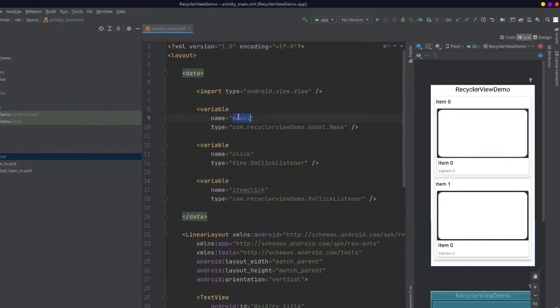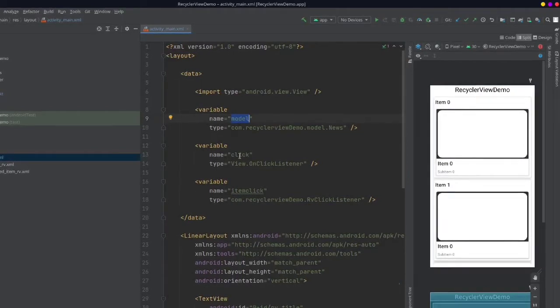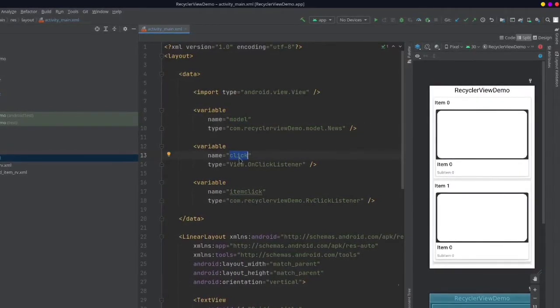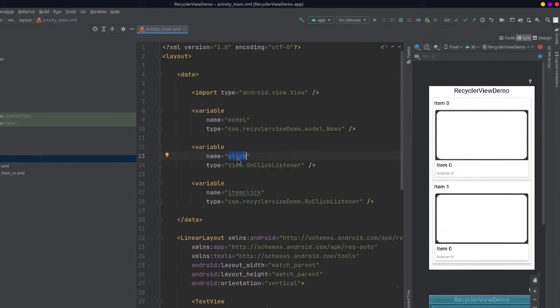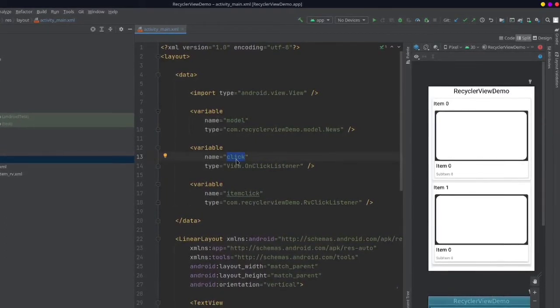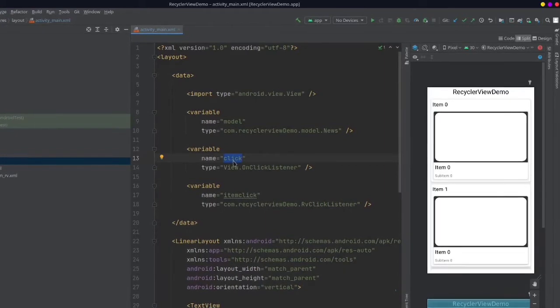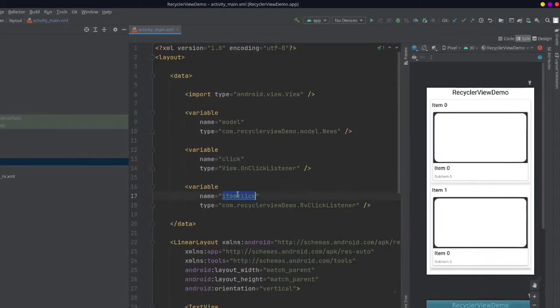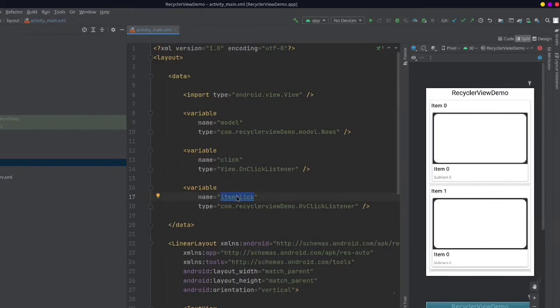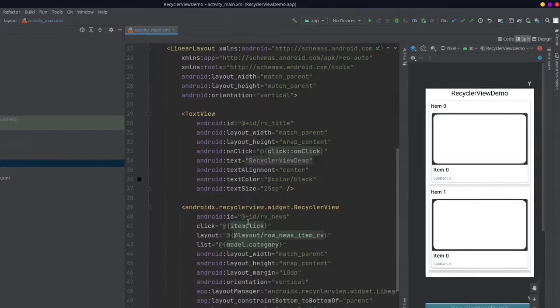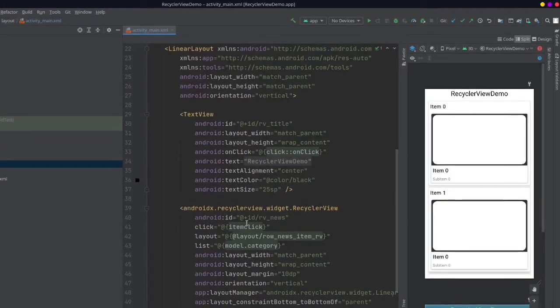For our model, I'm using the name model, and for our normal click listener, I'm using simple click, and then for our recycler view click events, I'm using a variable named item click. Okay, so with that clear, let's move and check out the design.